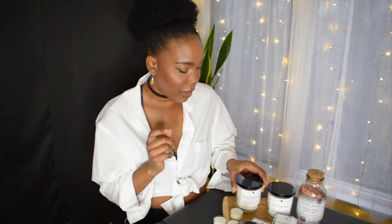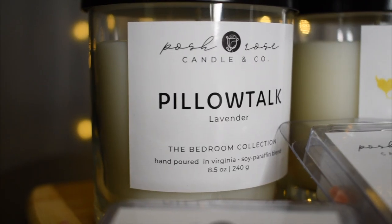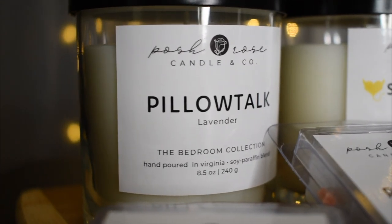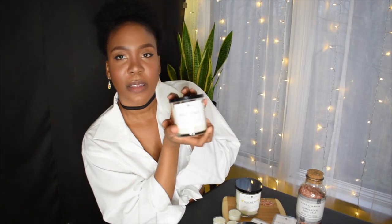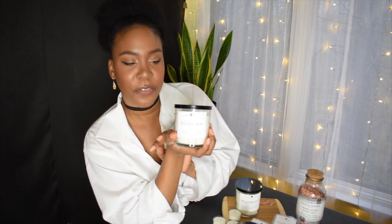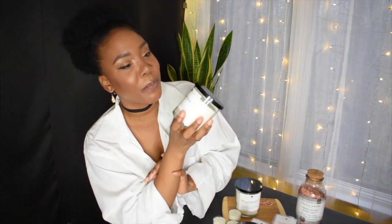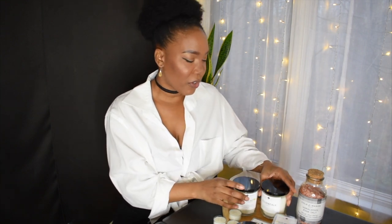The last candle we have is Pillow Talk. This is my lavender scented candle, and it's more of a subtle scent. If you're just looking for something while you're taking a bath, or just something to relax after a long day, if you're taking a hot bath or something, this is a scent for you. And it's actually been doing fairly well. I'm pleasantly surprised. So these are the 3 scents that I am starting out with, and this collection is called